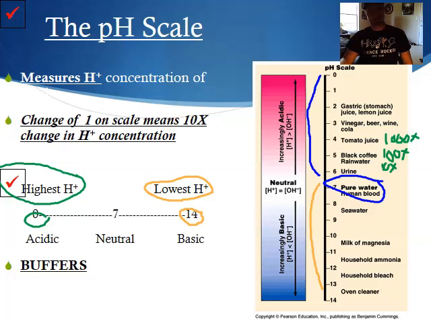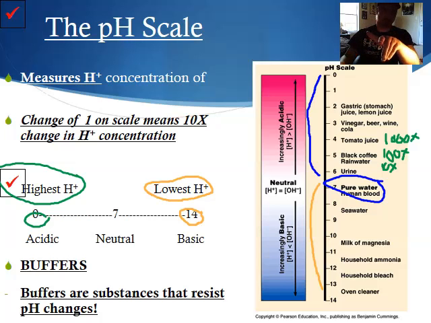Now, buffers. Buffers are incredibly important. Buffers are substances that can resist pH changes. Now, this is very important. We have these inside of our body to keep things stable. Can you imagine what would happen if we didn't have a buffer? What a buffer does is it nullifies either the acidity or the base of whatever we put